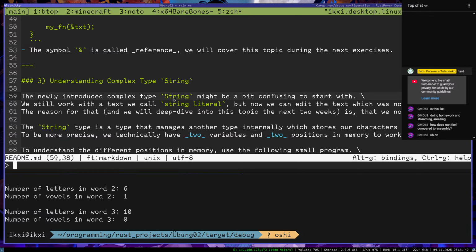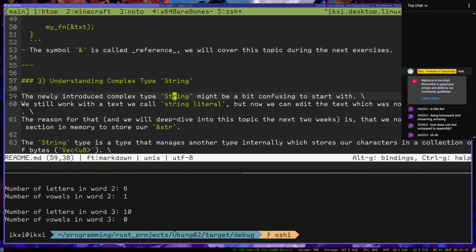Control E, set soft wrap on. There we go. Control... set word wrap on. Okay. Very cool.